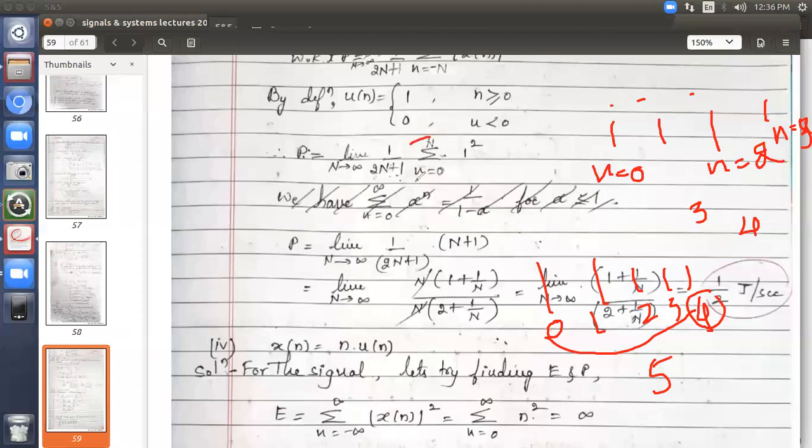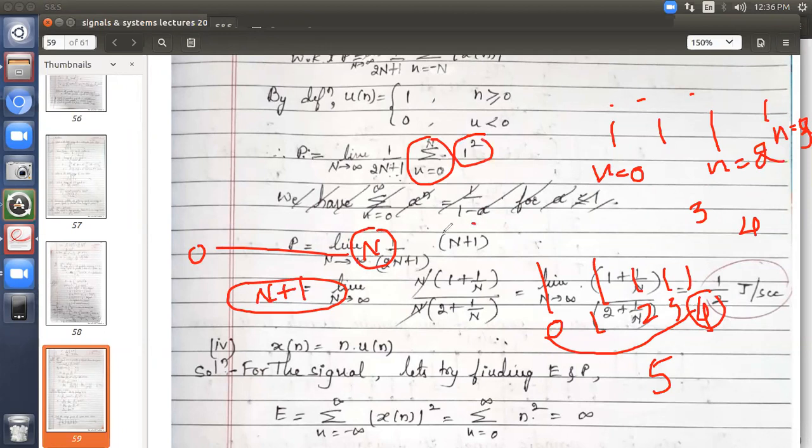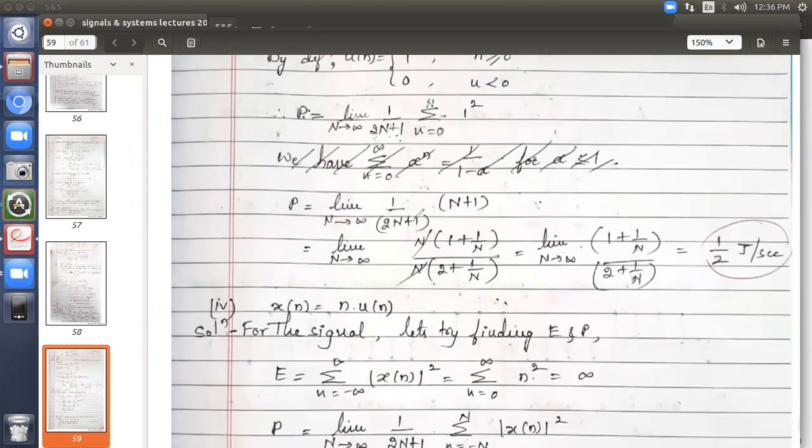So likewise, if I take the range between 0 to n, how many samples will I get? The samples will be the maximum limit plus 1, n plus 1, and all values are 1, 1, 1. So n plus 1 times 1. That's why I have replaced this summation by n plus 1. 1, 1, 1, 1, 1 like that, n plus 1 times. Now,